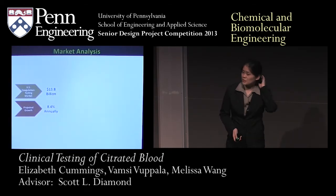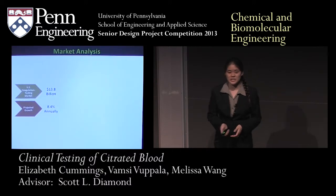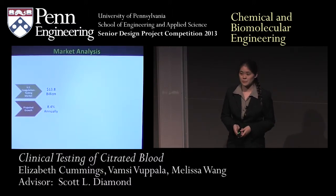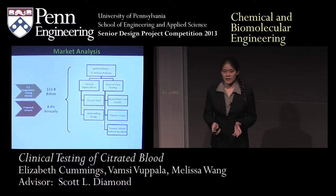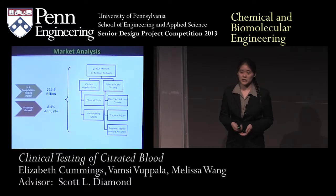So who's going to use the micro-MCA? Currently, the U.S. market for blood testing totals just under $14 billion, with a projected annual growth rate of 8.4%. More specifically, we will be focusing on the markets for clinical applications and point-of-care testing for the micro-MCA. The clinical applications market includes any clinical trials related to blood clotting and treatment of patients who are currently on